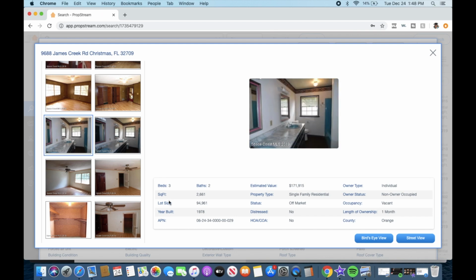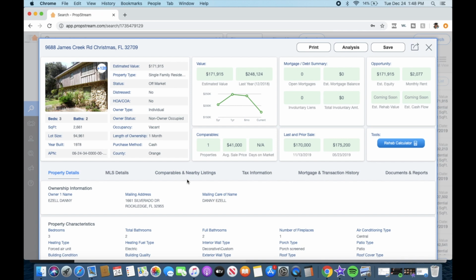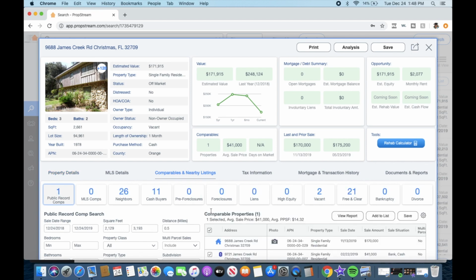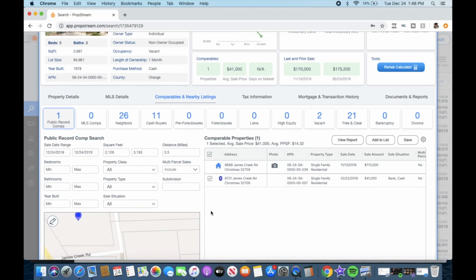Looks pretty dated. And then you also see it specifies bed, bath, square foot, year built, estimated value, property type, status, whether it's distressed or not, HOA, owner type, all that good stuff, even the length of ownership. And then that same information is also here in the top left hand corner. And then I'm just really kind of skipping all over the place. Like I said, it's a lot to try to digest and compact all in one video, but I just clicked